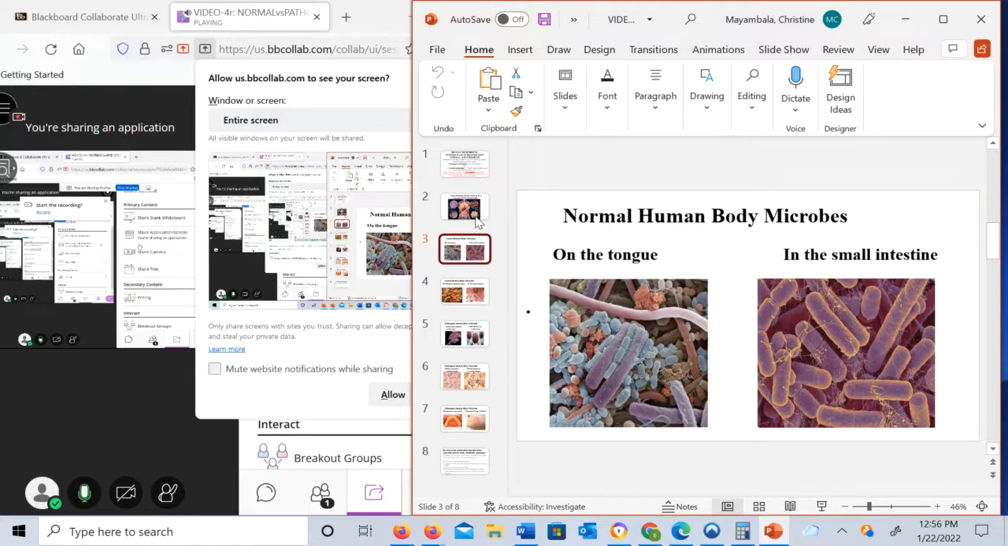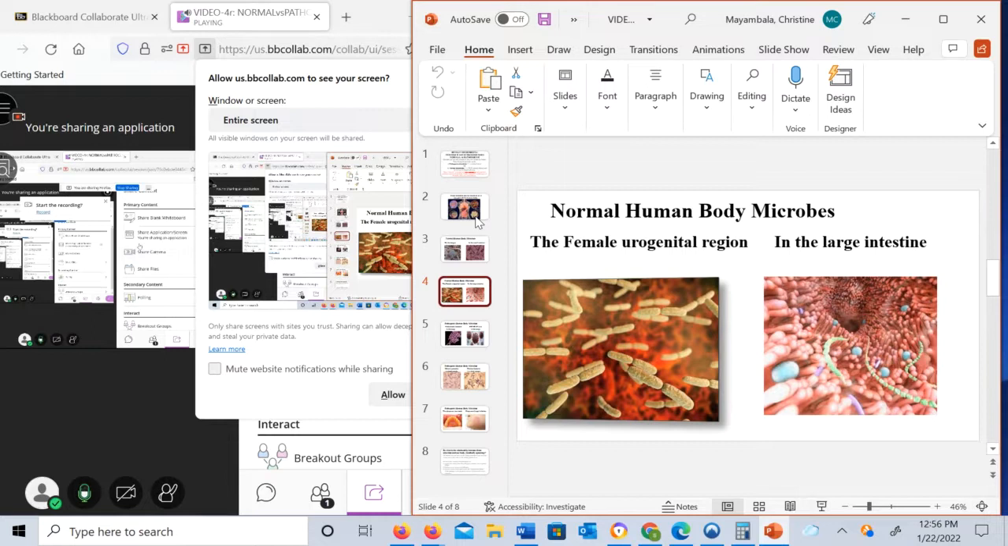For example, on your tongue, you can see a whole bunch of different microbes that are designated by different colors. They're normal on your tongue, and they have a role to play there. In the small intestine, there are some that are normal in that area. In slide number 4, the female urogenital region,